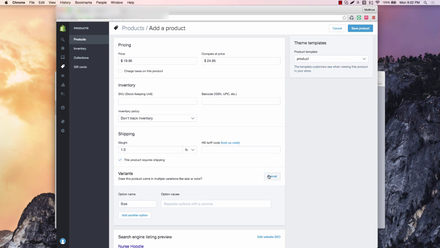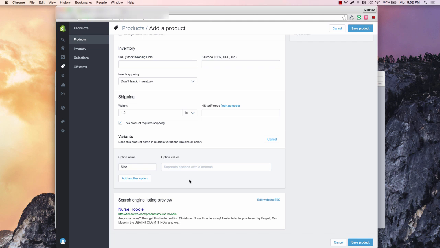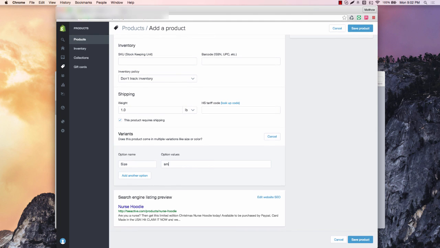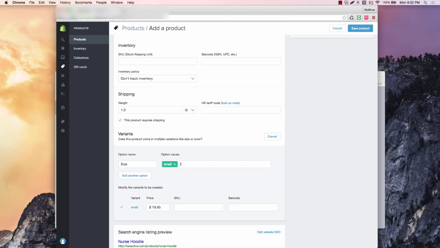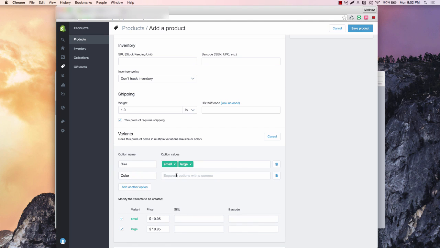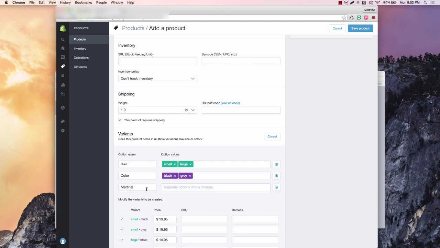And then you want to add variants here. This is where you're going to add your sizes and your colors. So if you have a size like small, large, so on and so forth, you can do that. Add another option here. Here's color. You've got black, gray, so on and so forth. Add another option, material, stainless steel, so on. You can customize this. I have done that for